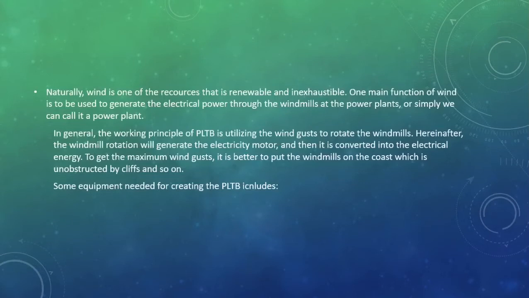To get the maximum wind gusts, it is better to put the windmills on the coast, which is obstructed by cliffs and so on. Some equipment needed for creating the PLTB includes